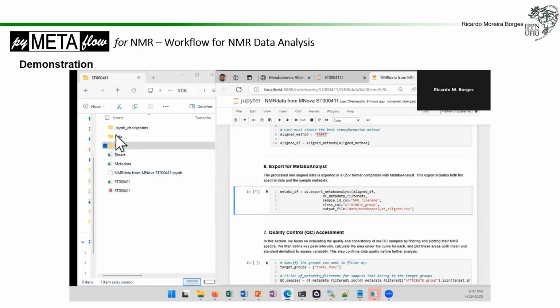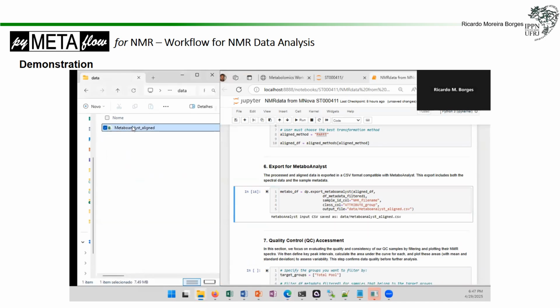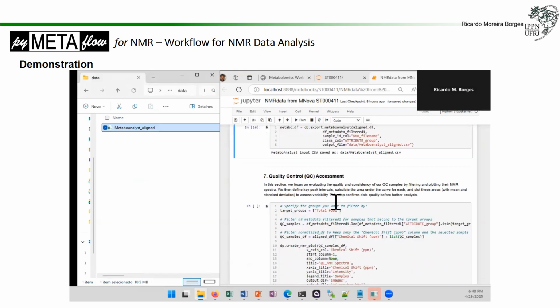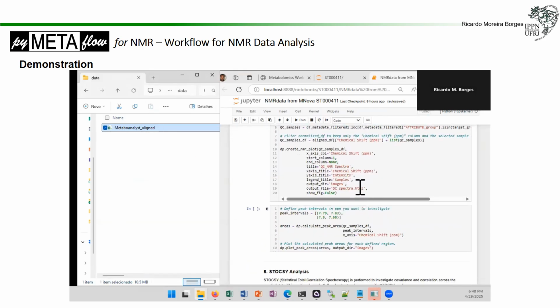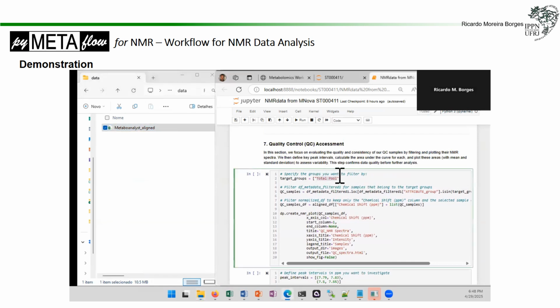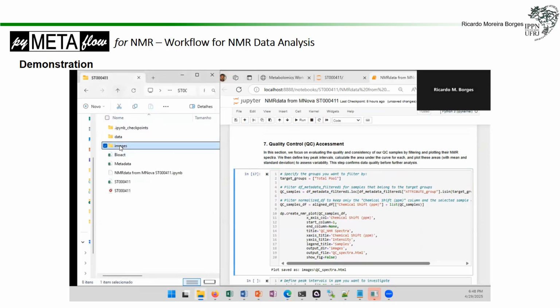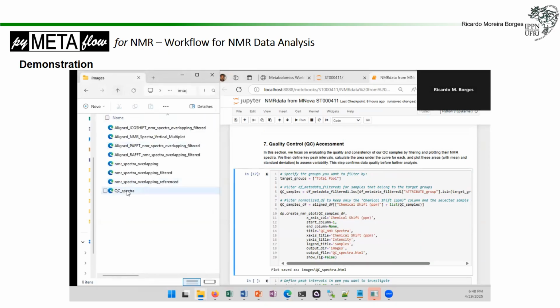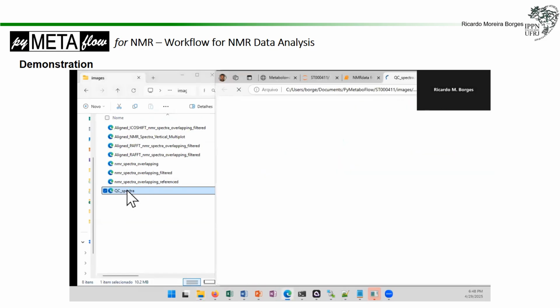Okay, you will create another directory, data, and you will place the MetaboAnalyst data there, and that's the format. You can read that directly on MetaboAnalyst. So for quality control, we filter for total pool, just because in the metadata they call the QC pool sample as total pool, and we can create a figure for plotting everything that is total pool as a spectra, just a check,